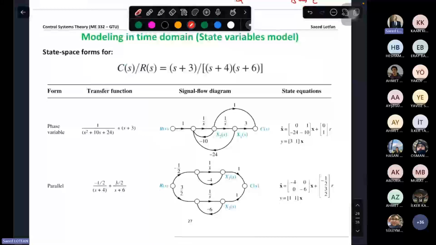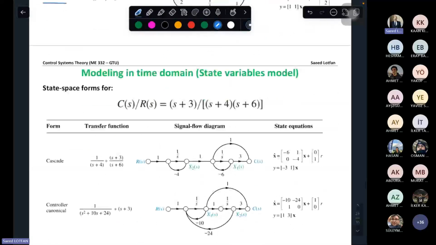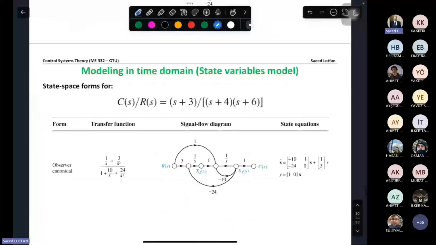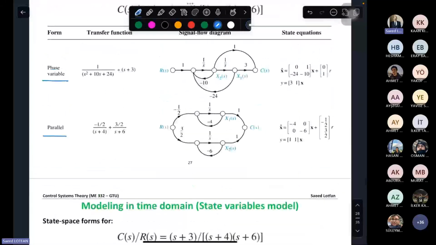So please, for this example, obtain these forms: phase variable, parallel form, cascade form, controller form, and observer form. We have the answers here. Just make sure you can obtain them and draw these signal